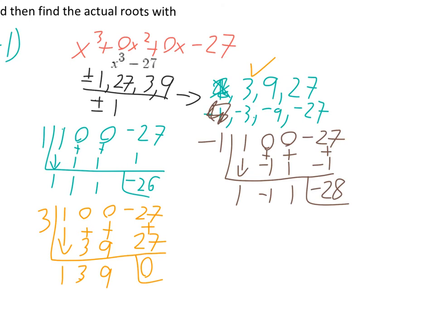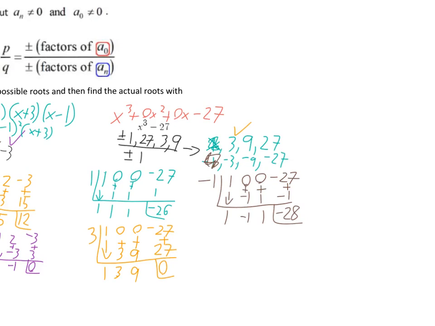And then if we keep going, if we check the rest of these, negative 3, 9, minus 9, 27, negative 27, we're not going to end up with roots. The only root from this pool that is true is x equals 3. But this equation here, this x cubed minus 27, it's not going to be the same. Let's see, x cubed minus 27 is not the same thing as simply saying x minus 3